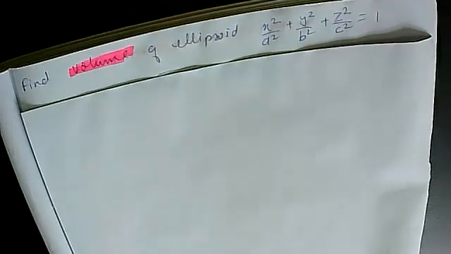Hello students, in the previous lecture I told you about area. Now let us do volume. Volume can be evaluated by using triple integration. We can find out the volume of a tetrahedron. We can find out the volume of a sphere by using spherical coordinates. We can find out the volume of an ellipsoid. So let us do this ellipsoid to understand the concept.